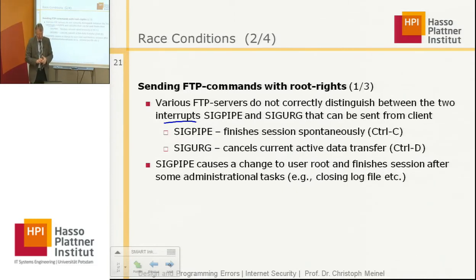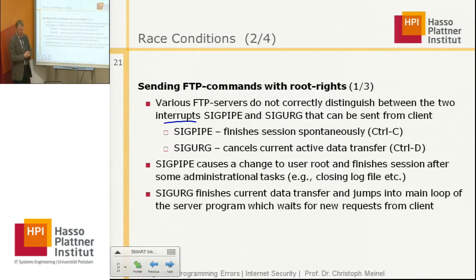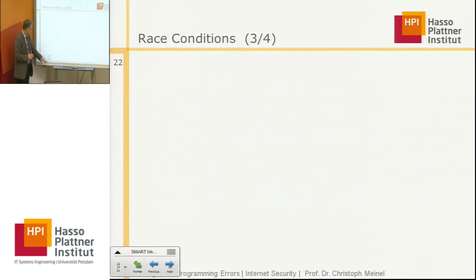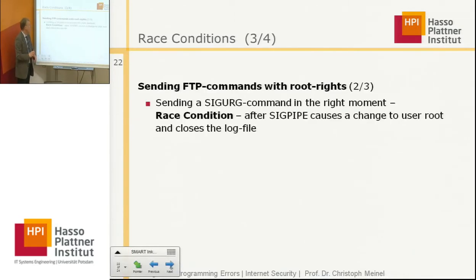SIGPIPE causes a change to user root and finishes the session after some administrational task, for example, closing a log file and others. SIGURG finishes the current data transfer and jumps back into the main loop of the server program, which is waiting for new requests from the client. So, and here comes the idea to misuse these mechanisms. If the attacker is able to send a SIGURG